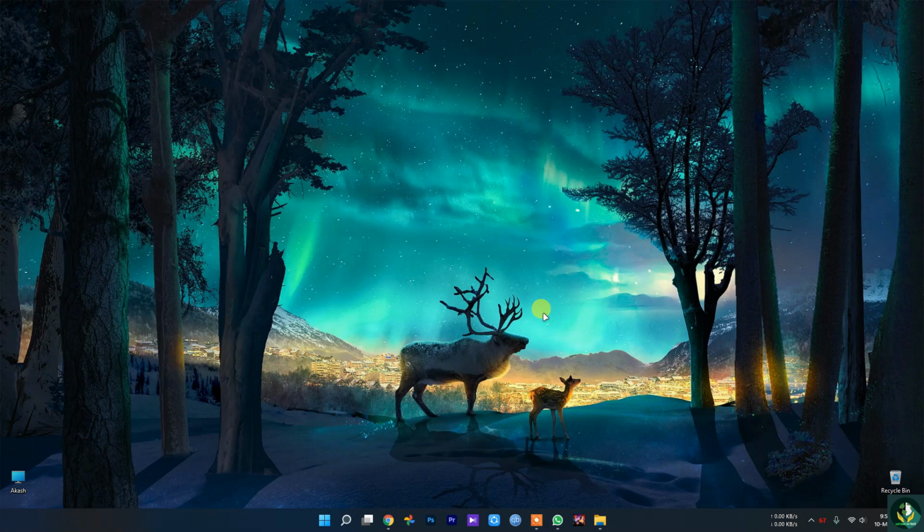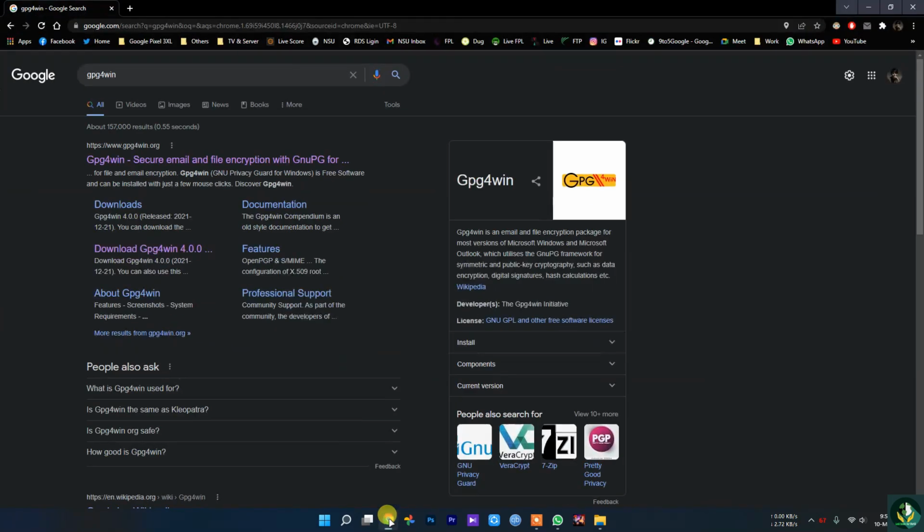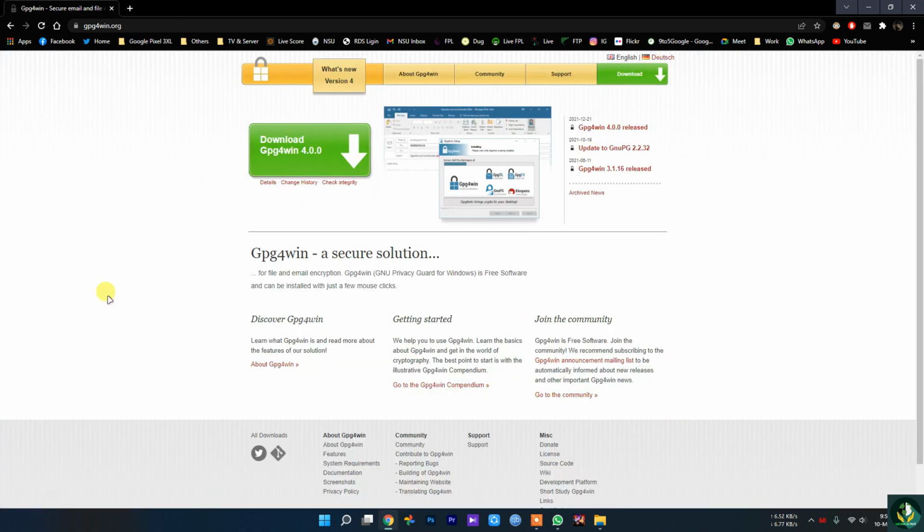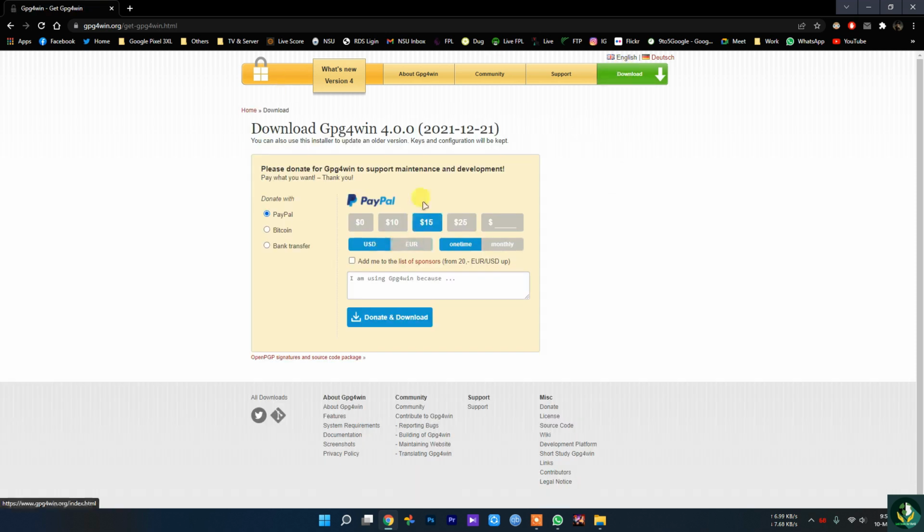First, you're going to open your browser and go to this website, gpg4win.org, or just search on Google, and this page will come up. Go to this website and download. You don't need to pay anything, or if you want, you can pay to support the developer.